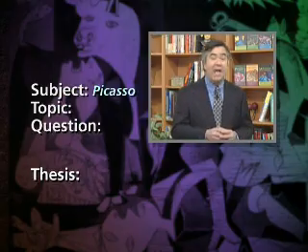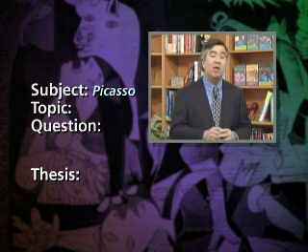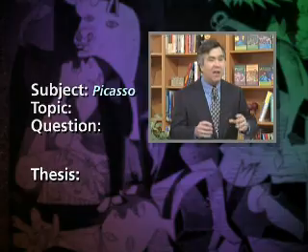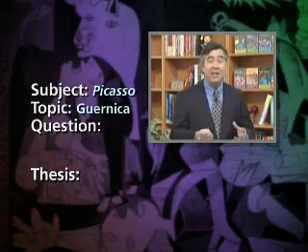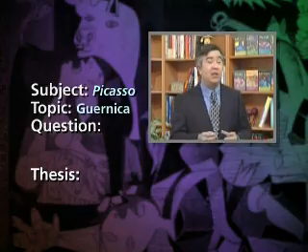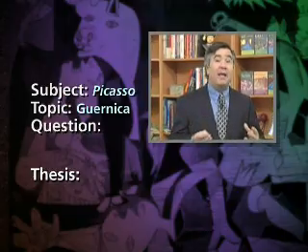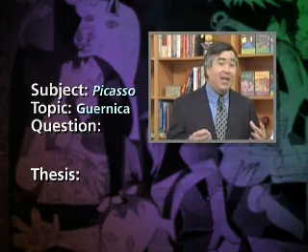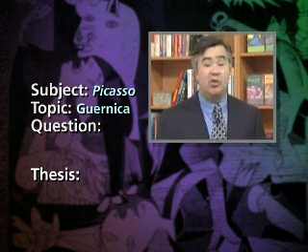Well, one way of narrowing the broad subject area of Picasso to a specific topic might be to pick one work of art and do an analysis of some aspect related to that work of art. Now, one of Picasso's most famous and influential paintings is a painting called Guernica, a painting that he painted at the time of the Spanish Civil War in the 1930s, and it has a political motive behind it. It deals with the bombing by German forces of an ancient, very historic cultural city in Spain called Guernica. This was viewed with horror at the time. It was considered an act of barbarity by the fascists who were trying to take over Spain.